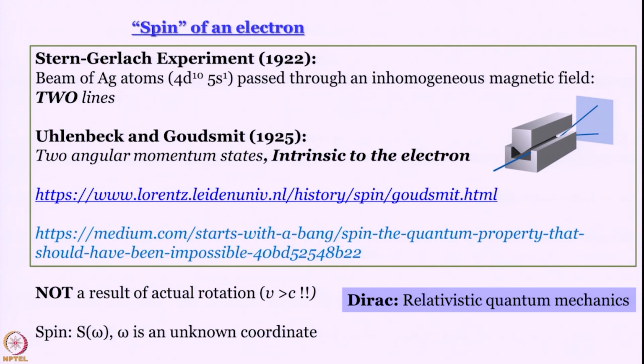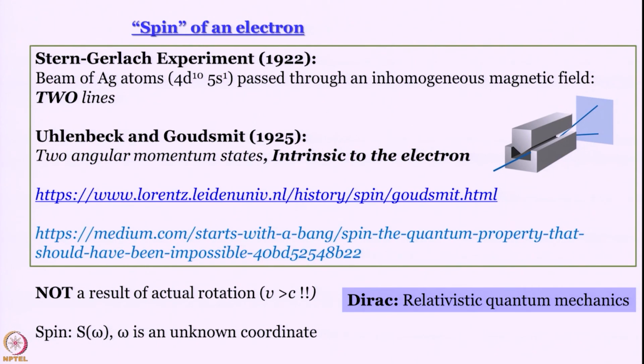When Dirac combined this relativity theory with quantum mechanics in a more rigorous fashion, see, relativity and quantum mechanics were never divorced from each other. Even Sommerfeld's modification of Bohr theory was a relativistic correction, but it was still part of old quantum theory. Dirac, using these 4 particular matrices, could bring in relativity in quantum mechanics in a much more rigorous fashion, and